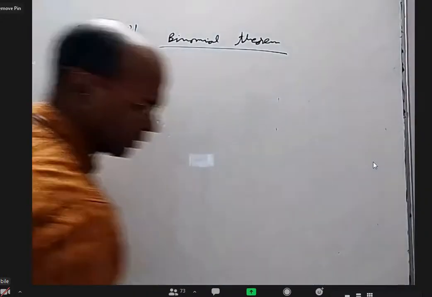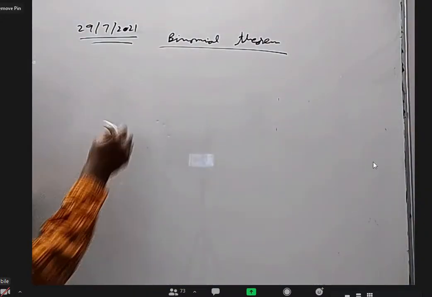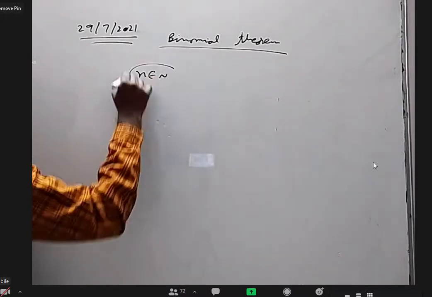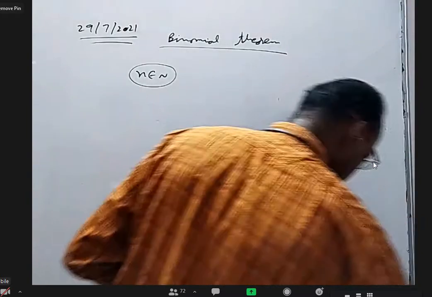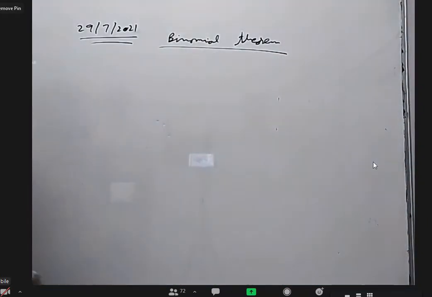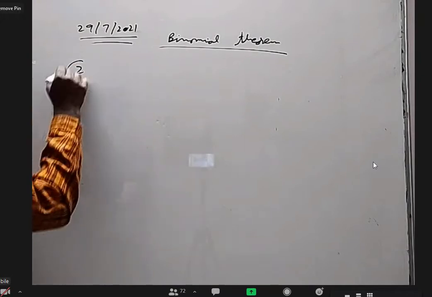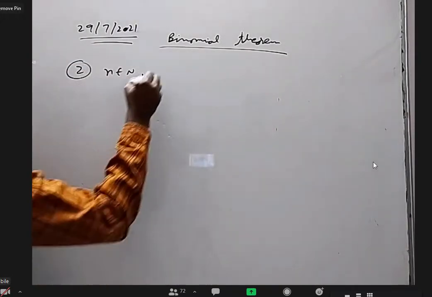Okay, in the beginning, in whatever statement you wrote previously, there you should write n belongs to natural numbers. Somewhere you write that: small n belongs to natural numbers. Okay, the second point is also small n belongs to natural numbers.